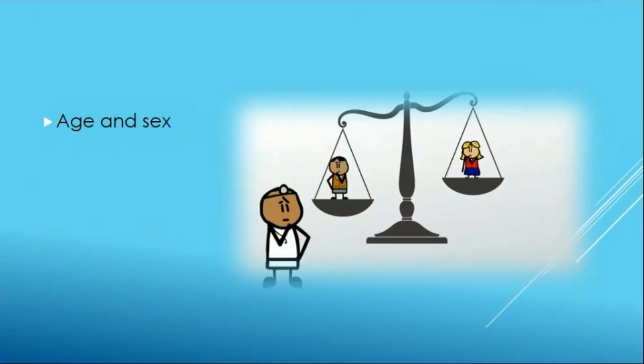How do age and sex contribute to your diagnosis? Supposing a patient comes with colicky abdominal pain and the patient's age is 6 years, and another patient comes with colicky abdominal pain and the age is 60. Do you think the diagnosis is the same? No. Colicky abdominal pain in kids could be intussusception, right? In old age, it could be intestinal obstruction due to malignancy or something. So that is why age is very important.